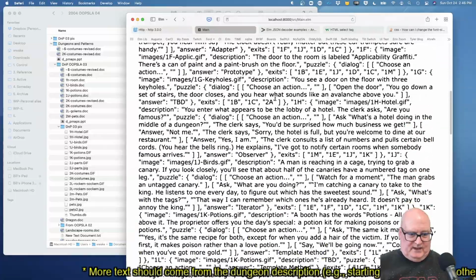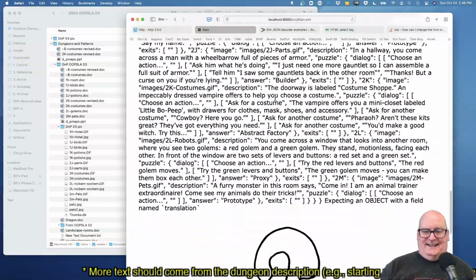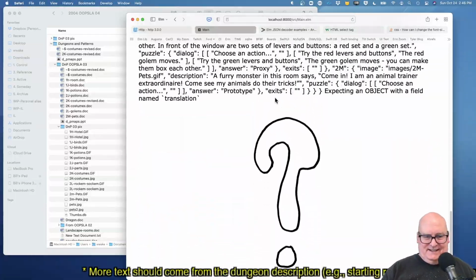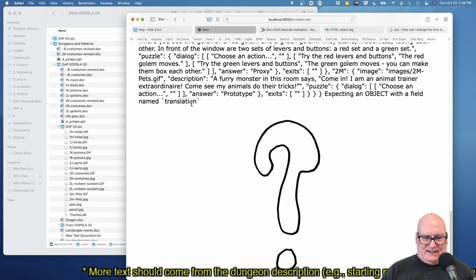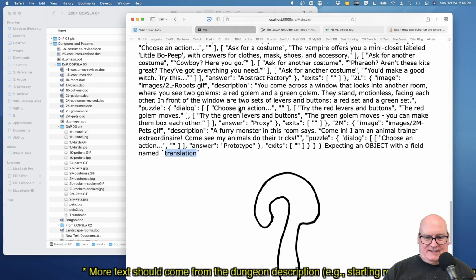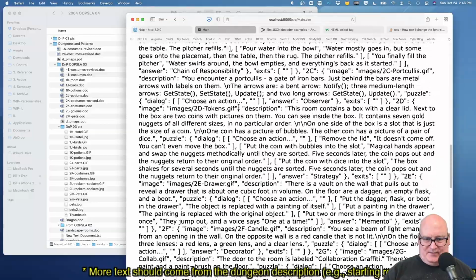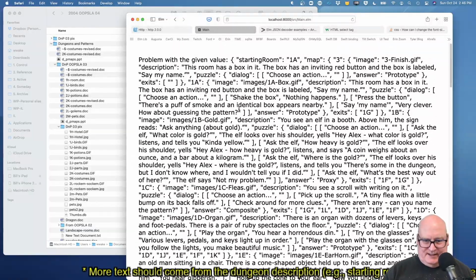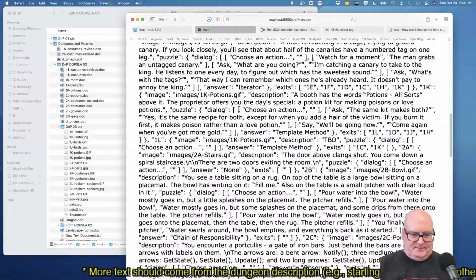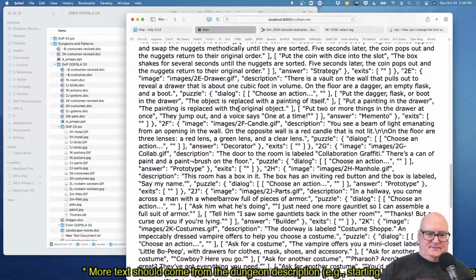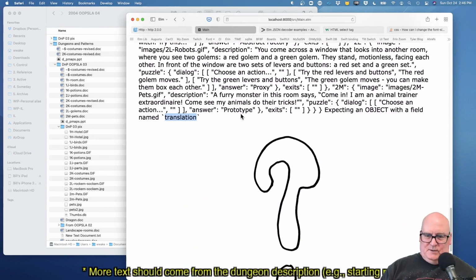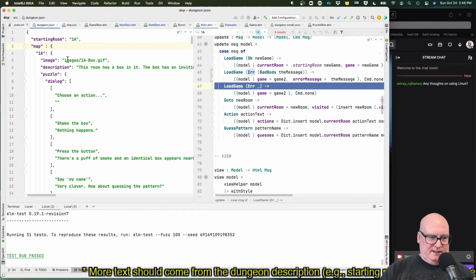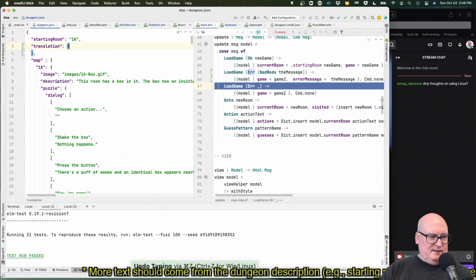Problem with the given value. Oh dear. Expecting an object with a field translation. That's at least something. That's a lot of junk to get that. We'll leave that for the moment, but I think it's not what you call a good sign.